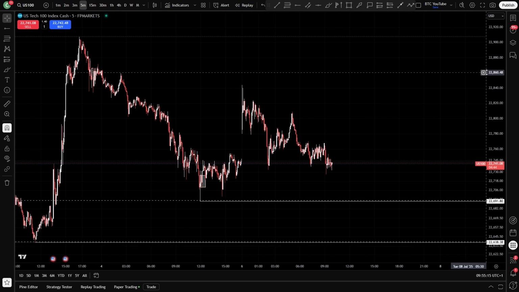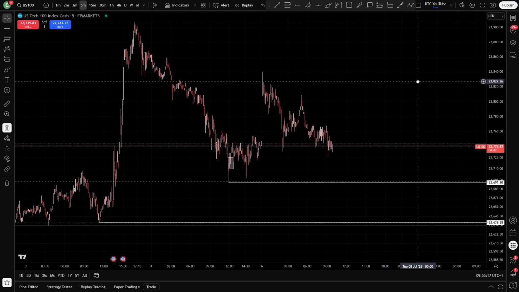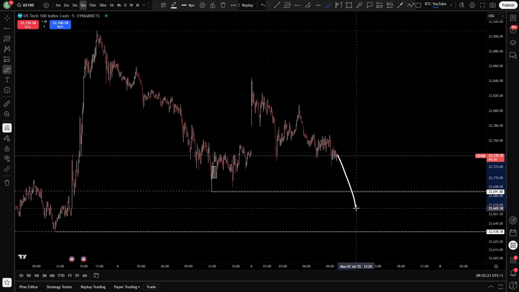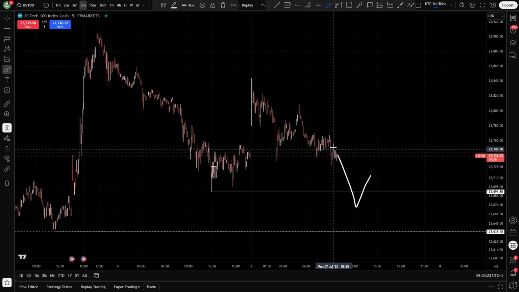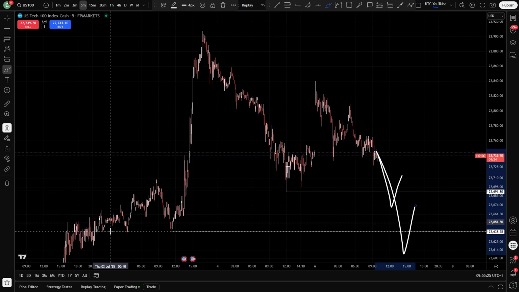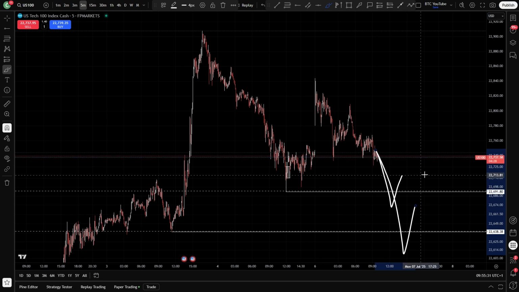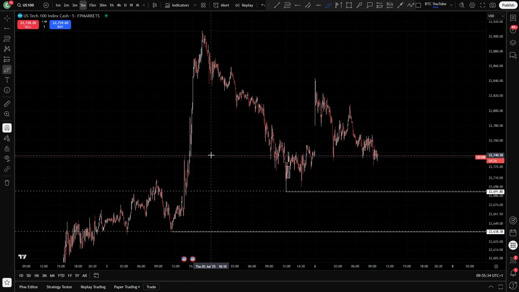You can see I've got some alerts set here for some potential entry areas on US 100 today. Once we get open, hopefully we come down, sweep some liquidity and get a V shape like this, or maybe an even better V shape down below all the liquidity that's formed underneath these lows down here. Be interesting to see where we go next, but either of these would be a really nice trade going into